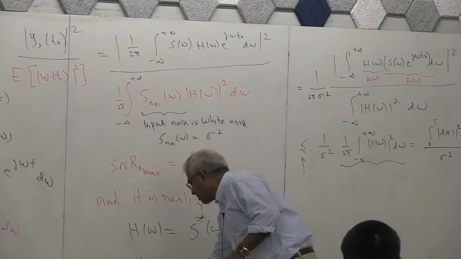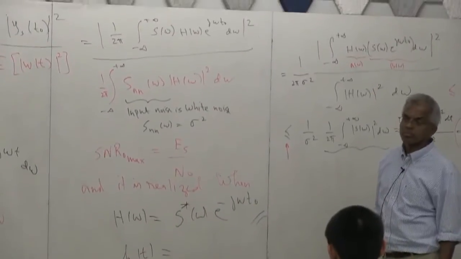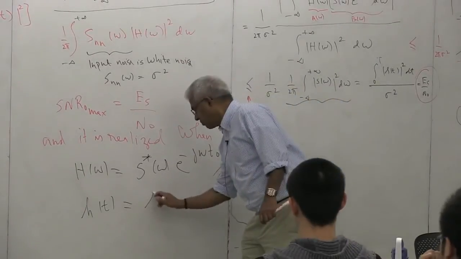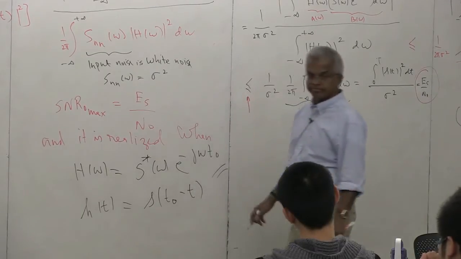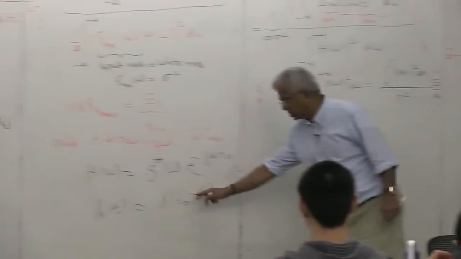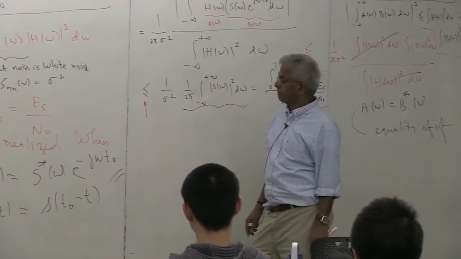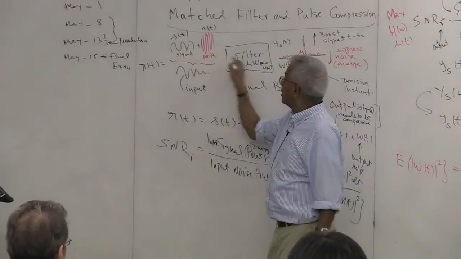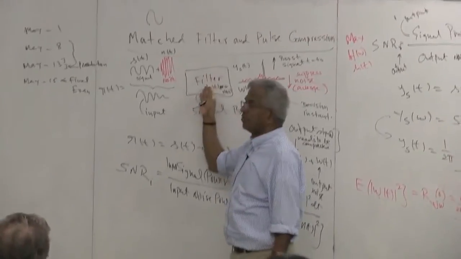So now again, if you have done the transform, what is this in time domain? Anyone? So what is the expression? I think I showed you this. Take the transform of this, you will get this back. So you see the interesting thing, we started with S of t and noise. Now we are saying this filter has something to do with S of t. It's not surprising, right? You cannot design a filter